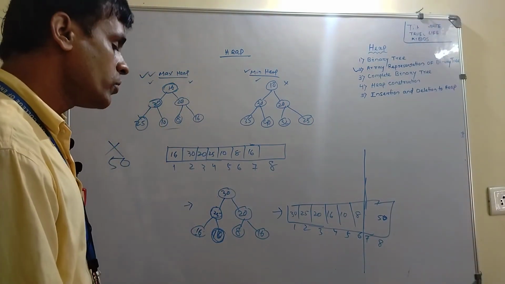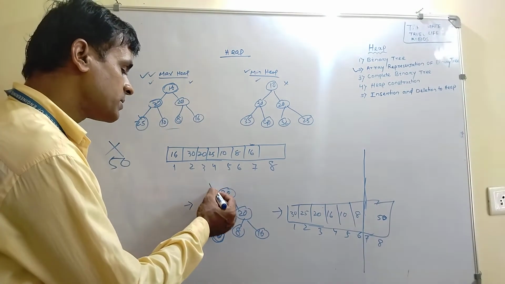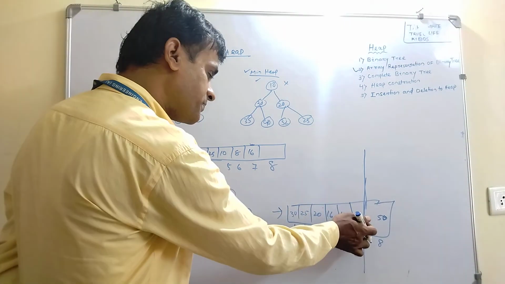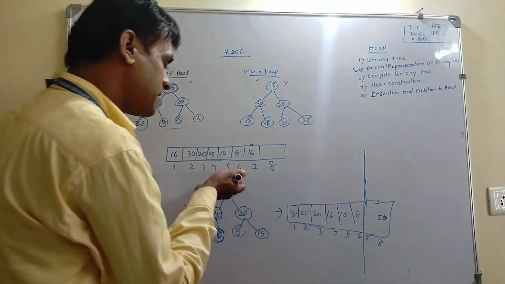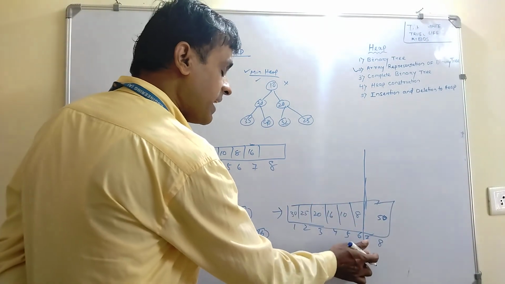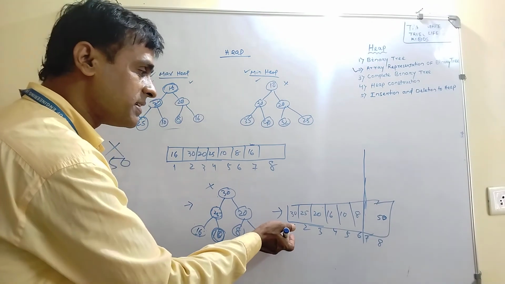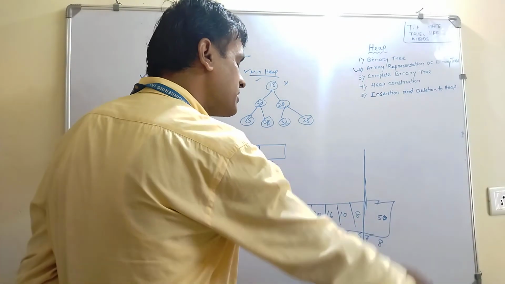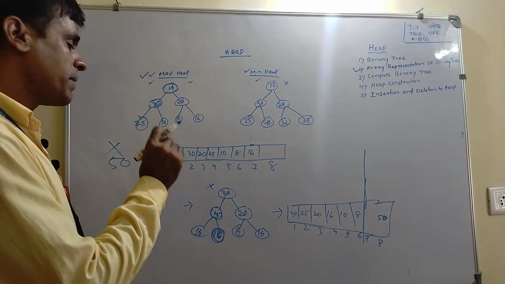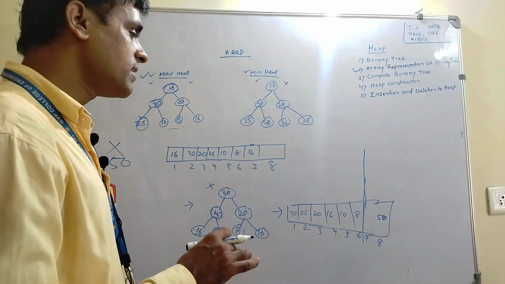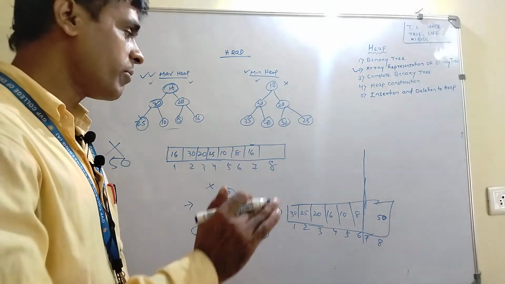Now we will delete again. Suppose the next element is 30, because 30 is the biggest element, we put it here. We get another vacant place, and whichever element is greater next will be placed at the end. What will happen? Finally, after deleting all the elements, my array is in a certain order. My values are in sorted order. That is called heap sort. We will discuss heap sort in our next class.